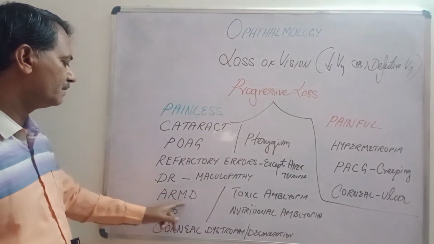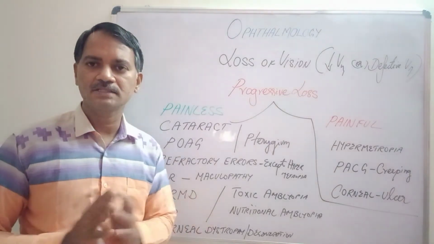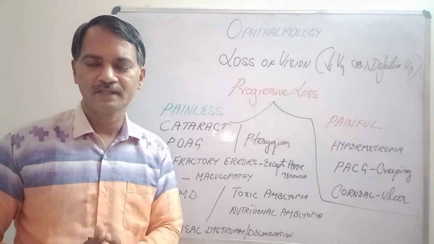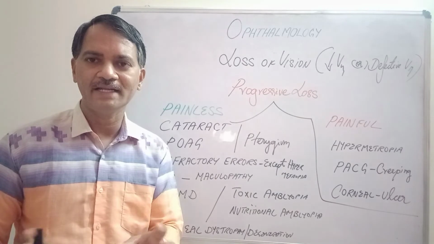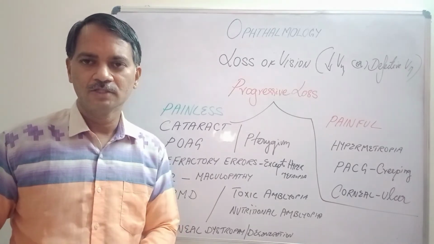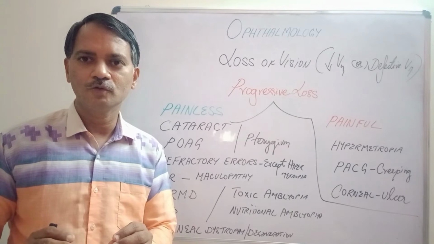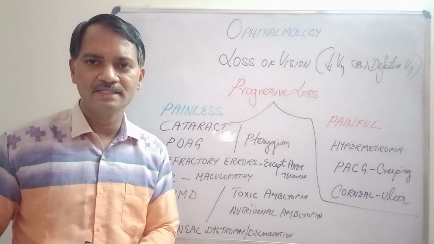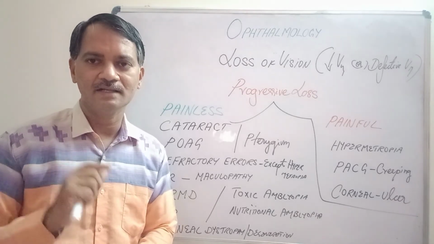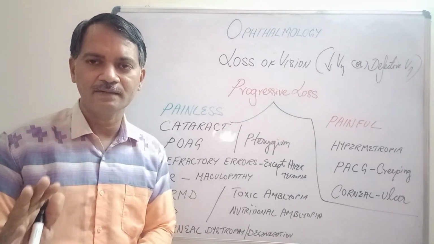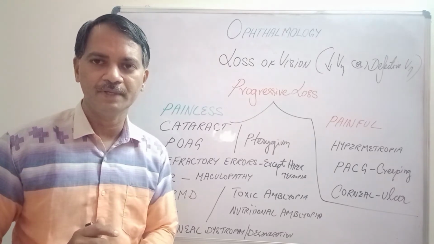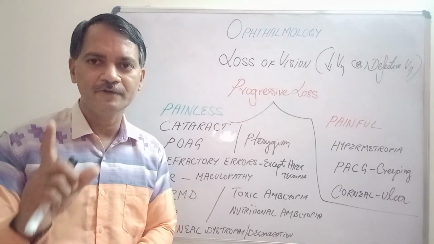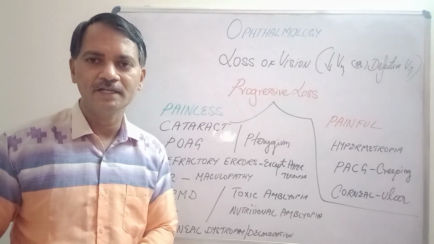Next is age-related macular degeneration. Nowadays, people don't take a proper nutritious diet. They don't have an adequate amount of antioxidants in their food. So naturally, the retina, particularly the macula where the highest metabolic rate happens, gets affected due to free radicals. So age-related macular degeneration is very common in people who don't take adequate nutritious food to fight the free radicals that are developing in the tissues.